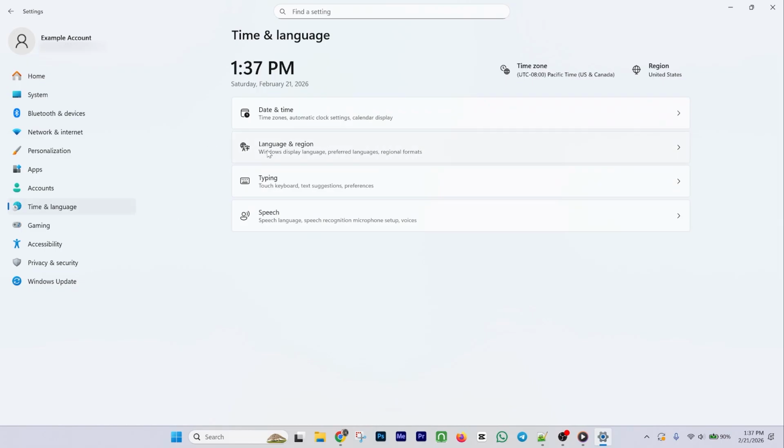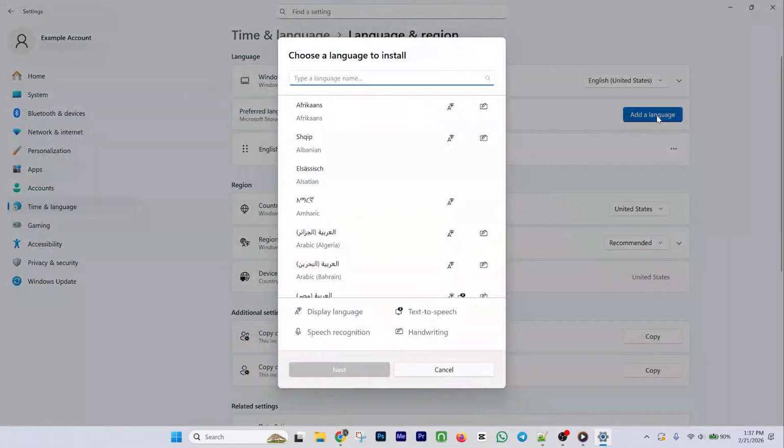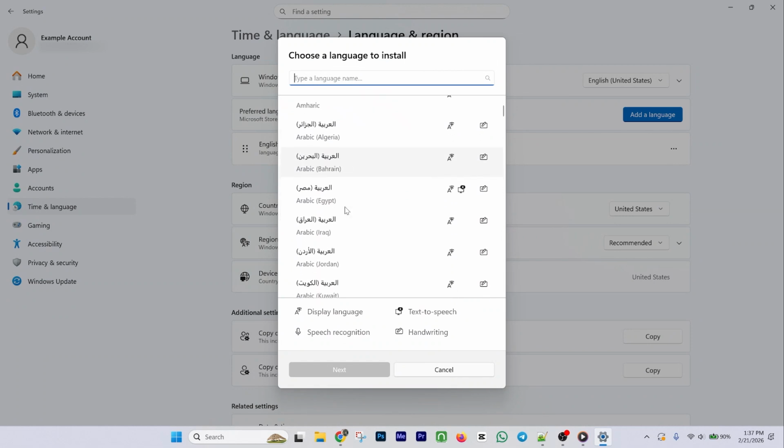Here you'll see the Preferred Languages list, which shows the languages currently available on your device. To add a new one, click Add a Language under the Preferred Languages section. A search window will appear with a long list of languages. Use the search box to find the language you want, select it from the results, and then click Next to